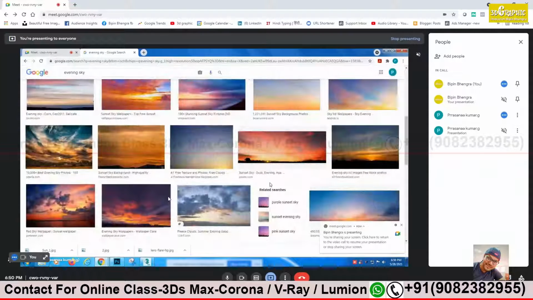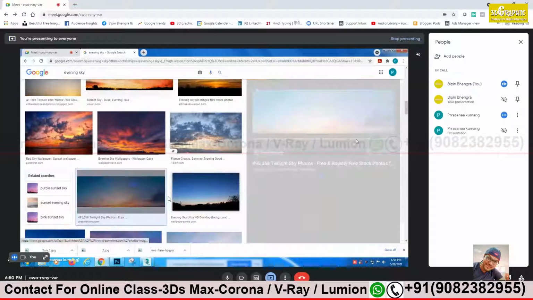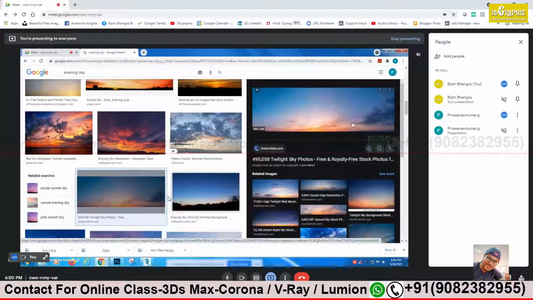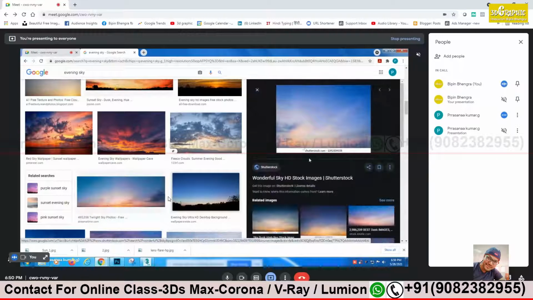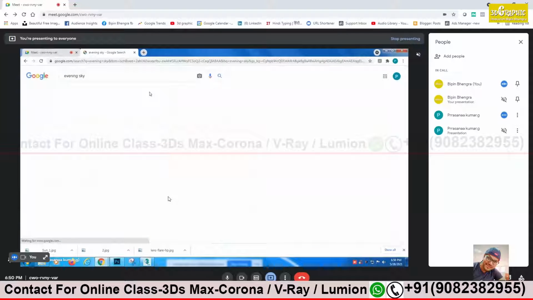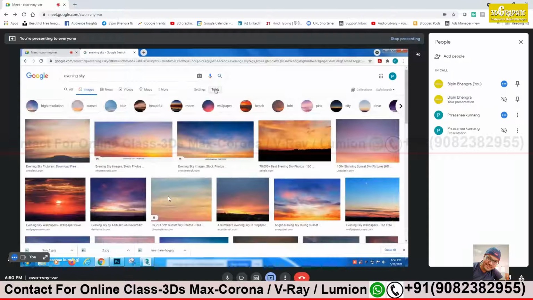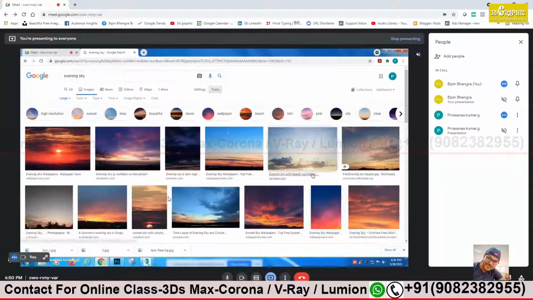We have a blue tint, try to get a blue tint effect. This one? This one, yes, perfect. Just see the size. Is it good size? We need at least more than 1000, not 800 by 248. Just search large. You have selected the large option. Go to tools and make it large. At least more than 1000.